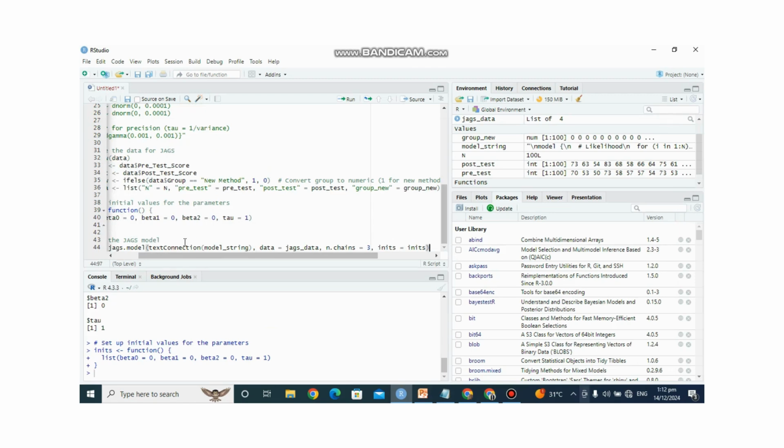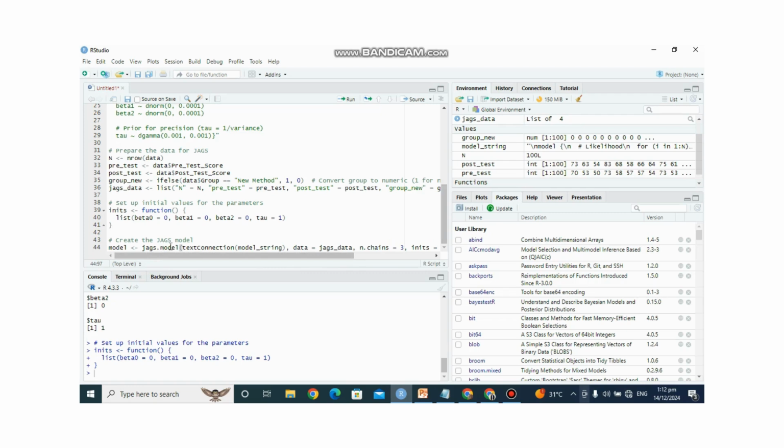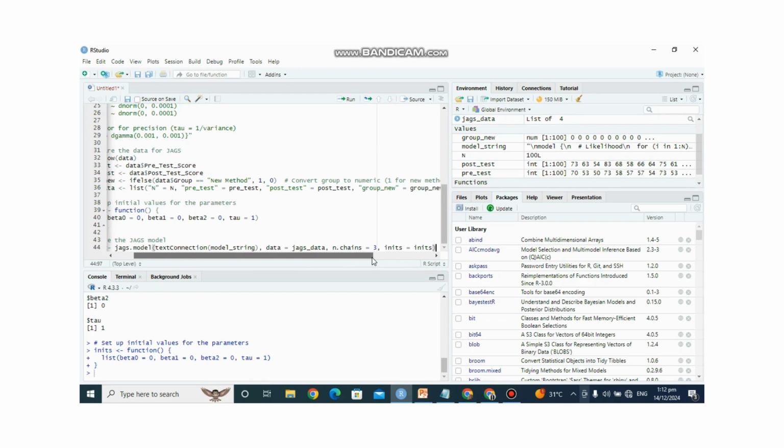All right, so in creating the JAGS model here, we would use the function jags.model. Now we're having the text connection here. The text connection simply passes the model code. Our data is equal to jags data, so what we prepared earlier. So this is exactly what we prepared, the list. So that is our data, and n.chains tells us to run 3 parallel Markov chain Monte Carlo